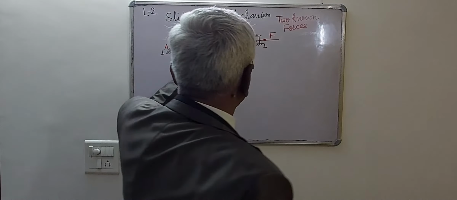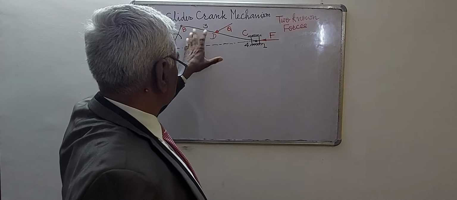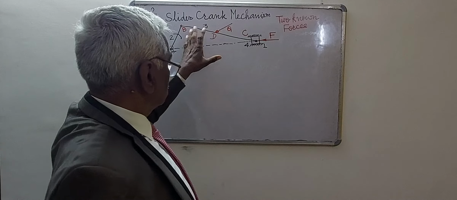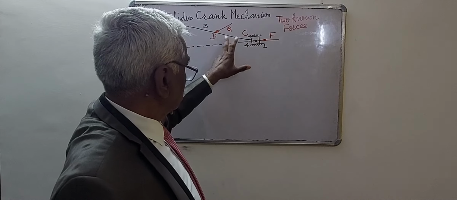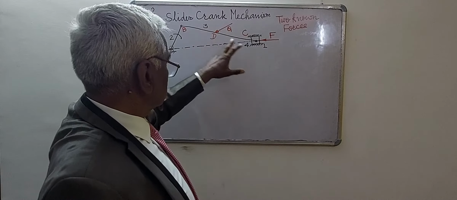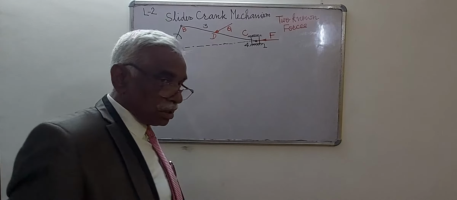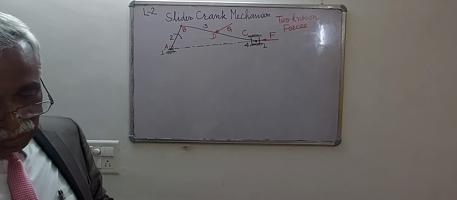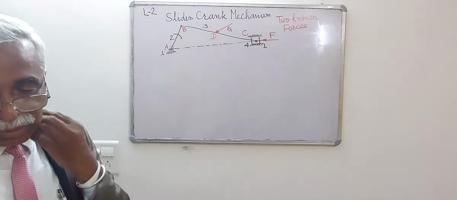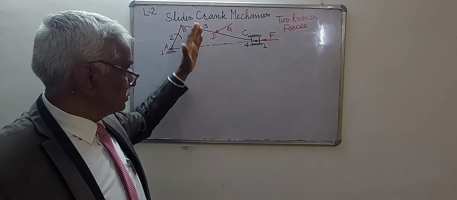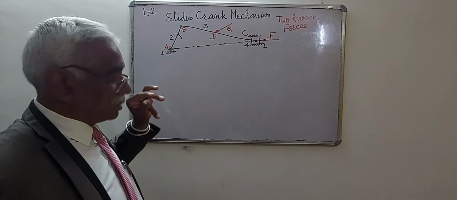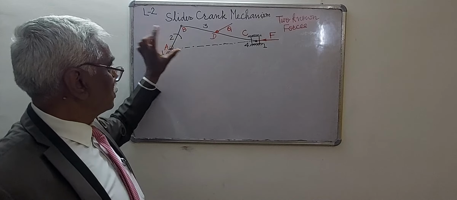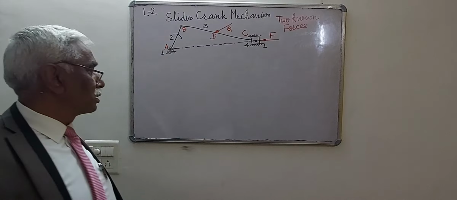Here in this case, link number 3 is a 3-force member, that is, F, and the forces acting on link number 3, that is F43 and Q. So, in this case, we will determine the forces on various elements as we did in our lecture number 1, and we ultimately will find the couple on link number 2, the magnitude of couple on link number 2.